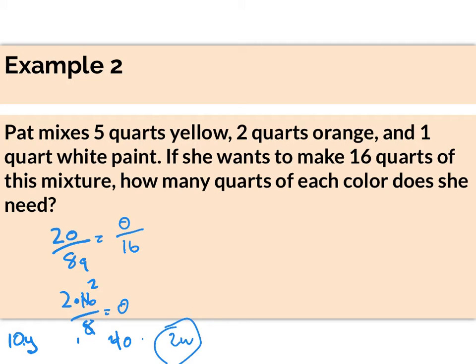So for white, is 1 quart of white out of the 8 quart original mixture, and 16 for how many quarts of white? Well, you can see by direct comparison, 8 to 16 is 2, and 1 times 2 gives us 2, but I will go ahead and do it the right way. So if I cross multiply, I get 1 times 16 over 8 equals the amount of white paint we need. And from previous, 8 divided by 8 is 1, 16 divided by 8 is 2, and we need 2 quarts